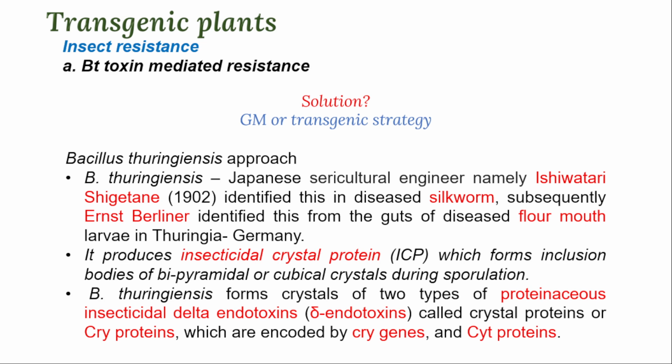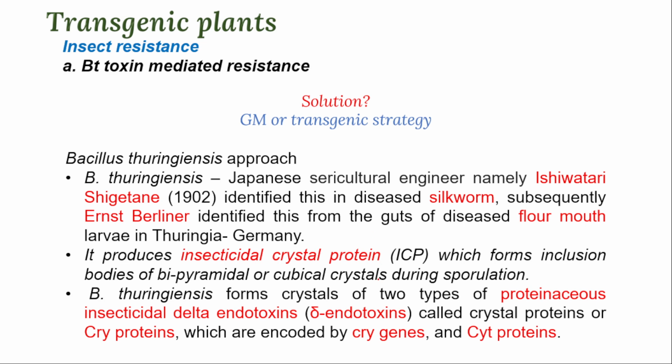We'll go one by one. First one is called BT toxin mediated resistance. This strategy is very effectively used in different agriculture and horticulture crops. First, this was identified in a free-living bacterium called Bacillus thuringiensis. This Bacillus thuringiensis is a free-living, gram-positive soil bacterium, identified by two Japanese scientists on silkworm. Inside the gut of silkworm, they observed the infestation of Bacillus thuringiensis, and especially this thuringiensis produces a crystal-like